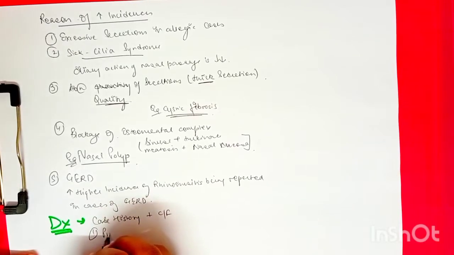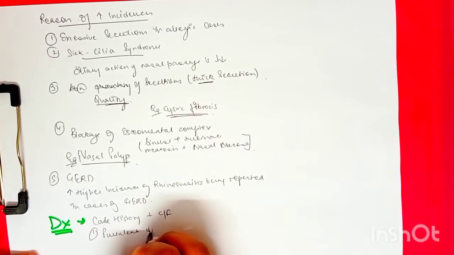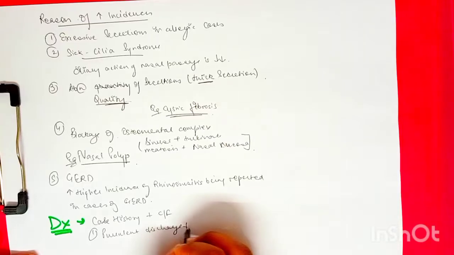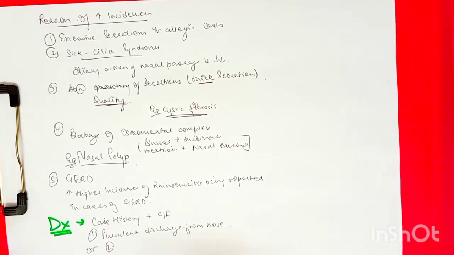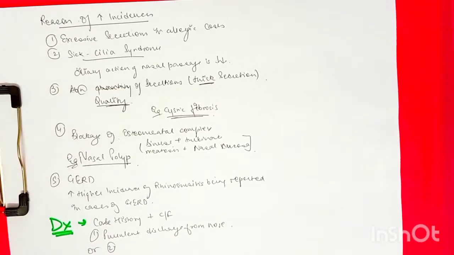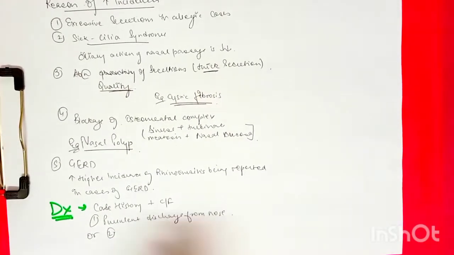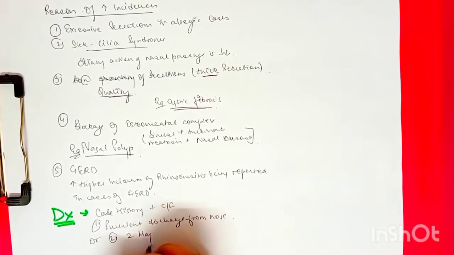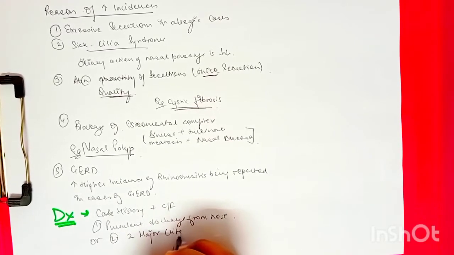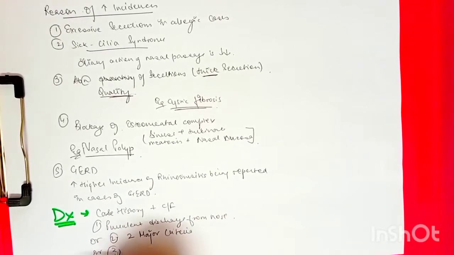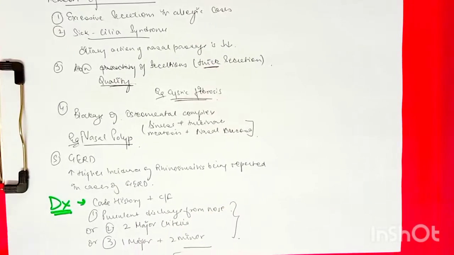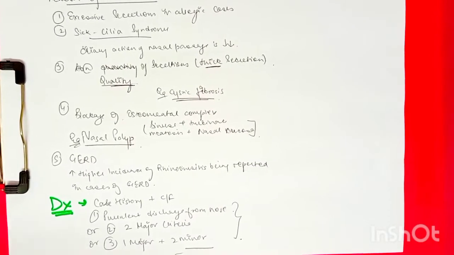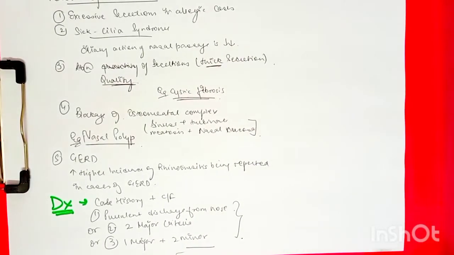So first, if there is a purulent discharge from nose, or second, if we are seeing two major criteria, or one major and two minor criteria, we can say it is maxillary sinusitis. Any of these possibilities will lead to this diagnosis. Now some other diagnostic tests which we can do: